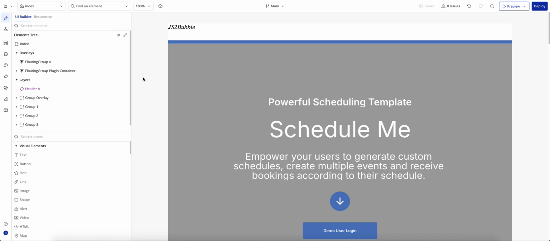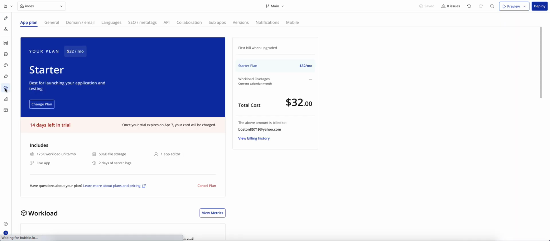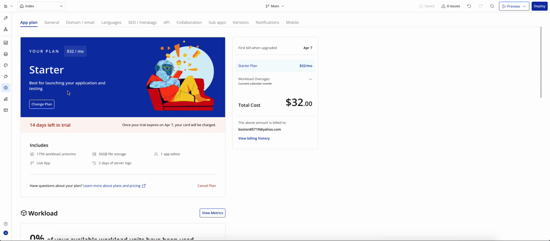Okay, once you have created a new application from the template, Bubble should automatically open that up for you, and this would be basically the view you would be met with. Now, during the creation of this app from the template, I did go ahead and select the start with the free trial. So inside of my settings area, you can see that I am on the trial with 14 days